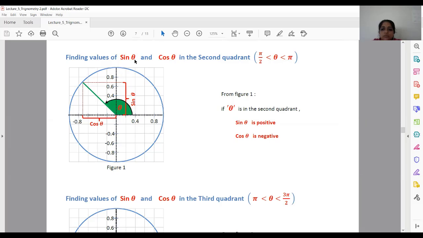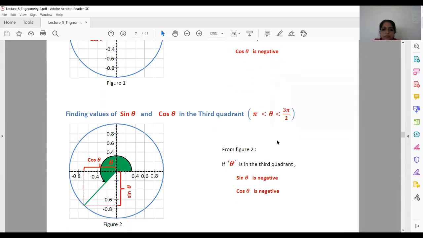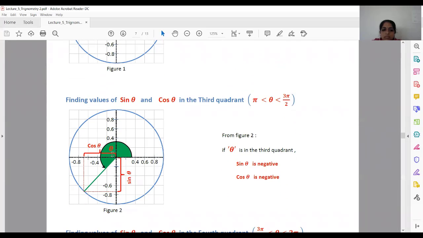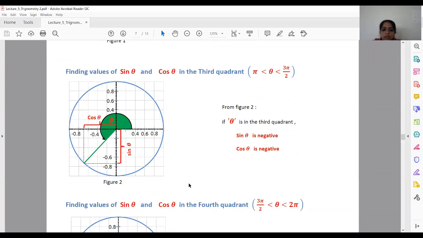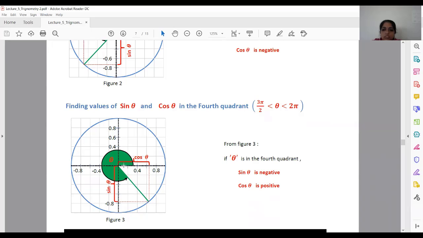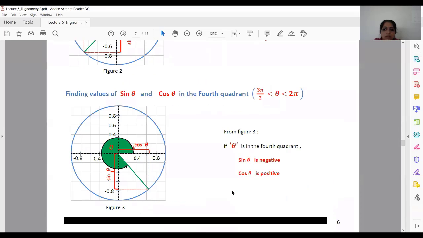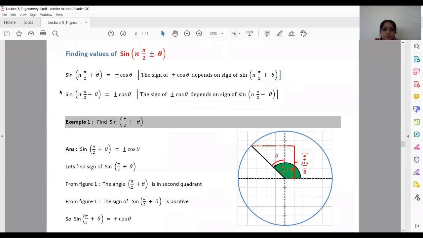Now, finding the value of sin theta and cos theta in all four quadrants. We already know that in the first quadrant, both sin and cos are positive. In the second quadrant, cos is negative and sin is positive. In the third quadrant, cos is negative and sin is also negative. And in the fourth quadrant, cos is positive and sin is negative. So, with the help of these signs, let's move on to one formula, that is sin n pi by 2,